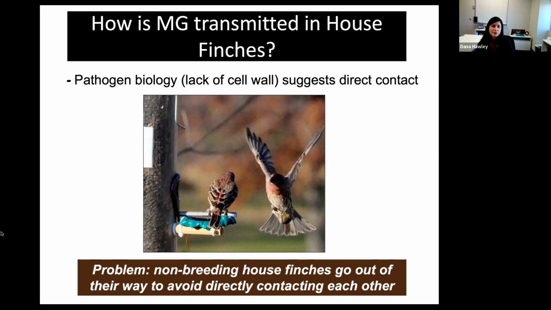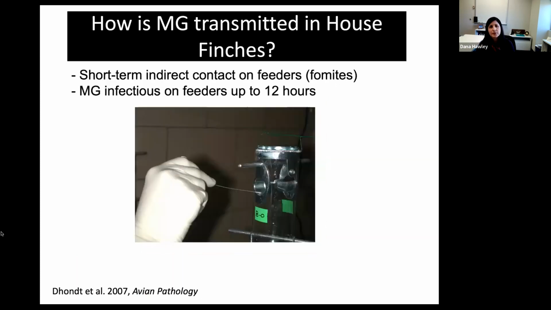During the non-breeding season, which is when we see these seasonal epidemics, birds are not really directly coming into physical contact. They do have these interactions, like this stereotyped aggressive interaction happening here, where one male is trying to displace another off of the feeder port. But that rarely to never results in actual physical contact, and certainly no direct physical contact between the two birds' conjunctiva.